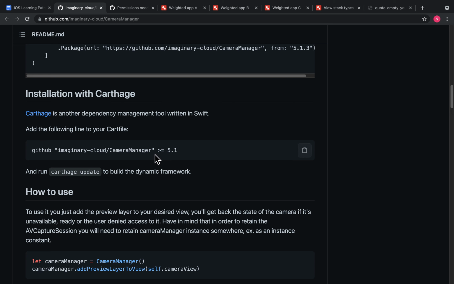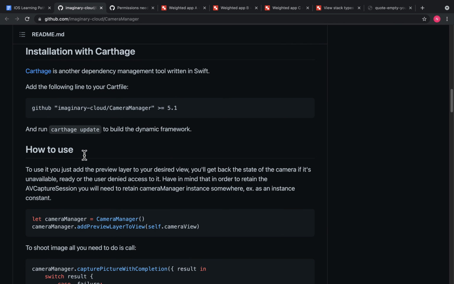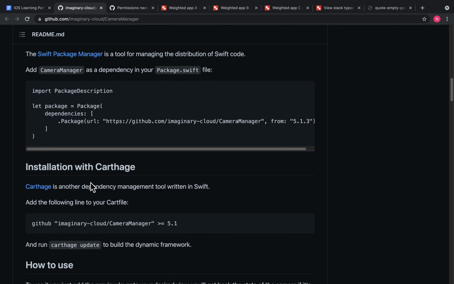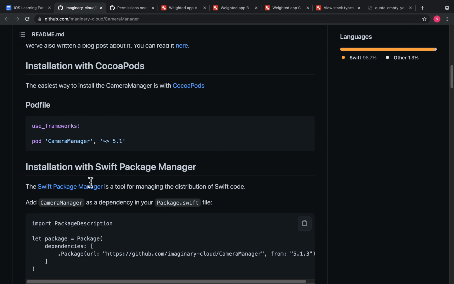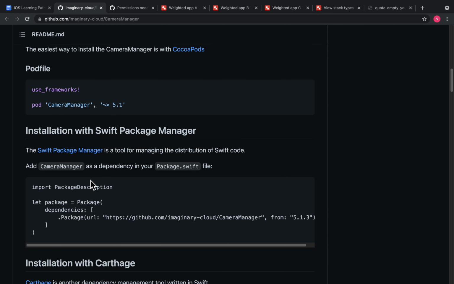And this is the pod we need. I'm going to copy this. Nope, not this one. So this is the pod we need. We can copy this, but hey, I need to make a quick